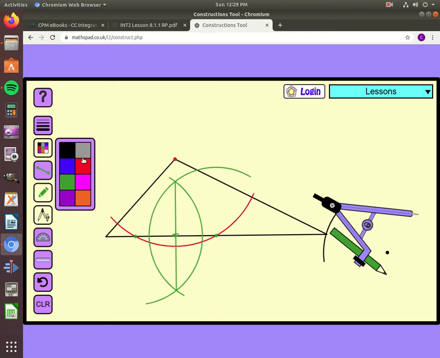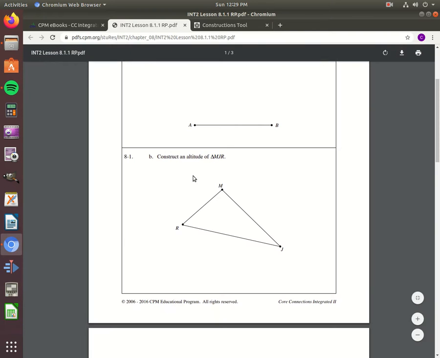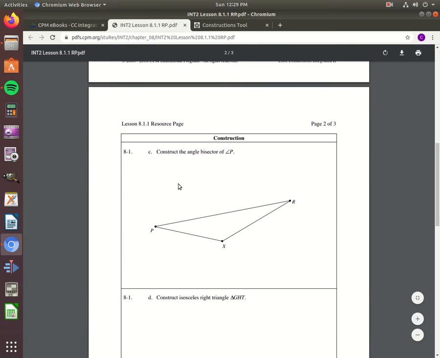So I will make the altitude in black again. So here we go. This line from this vertex to right here is an altitude, and I know that I have a 90-degree angle there. All right, so moving along, we want to construct the angle bisector of P, and I've already shown you